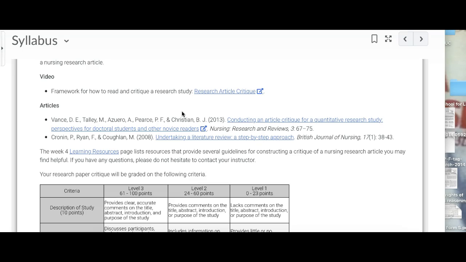And remember, this critique does not have to be quantitative. It can be quantitative or qualitative, but you probably want to stick with one of those two types, and maybe mixed methods, because if you choose a different type of research article, it'll be more difficult to find each of the bullet points that we're going to ask you to look at, each one of those components of a research article. Additionally, if you find quantitative research and critique that, you can use that for the next project as well,